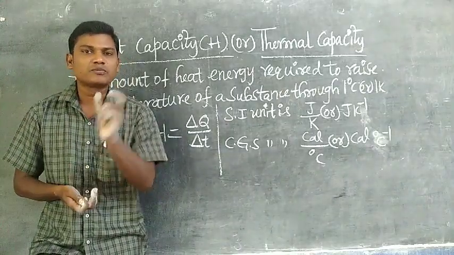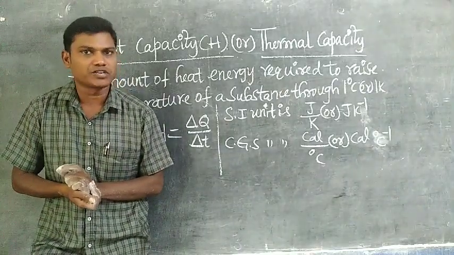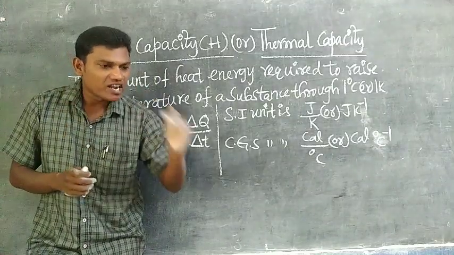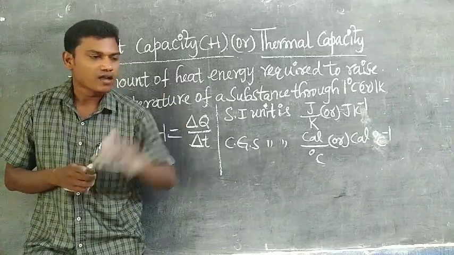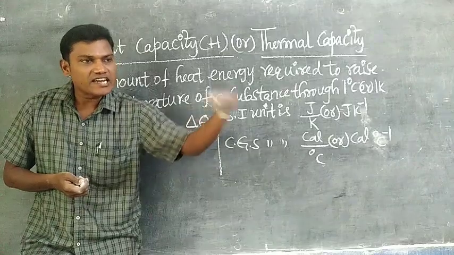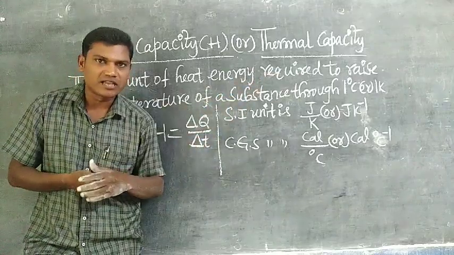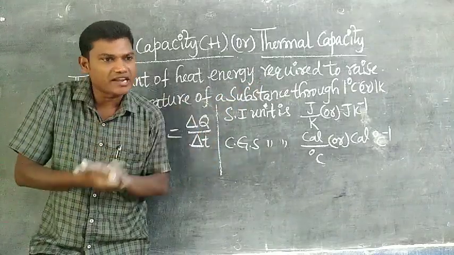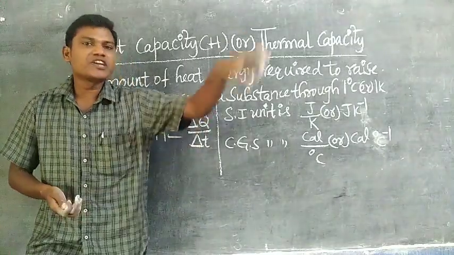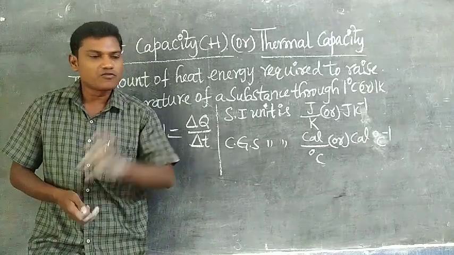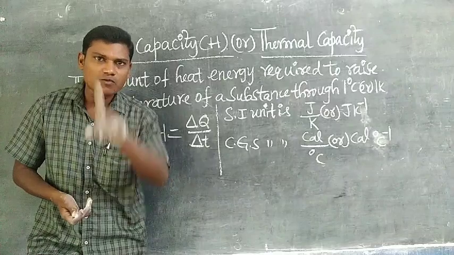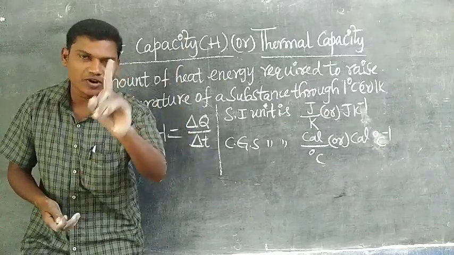What is the reason? I will give a small explanation orally. If we consider 1 liter of water or 2 liters of water, or whatever the mass of the water, and not only water, we can take any liquid or solid object. Whatever the mass of the object you take, its nature does not change. That's why specific heat capacity also does not change. If 1 liter of water has a specific heat capacity of 1, 2 liters of water also has a specific heat capacity of 1.